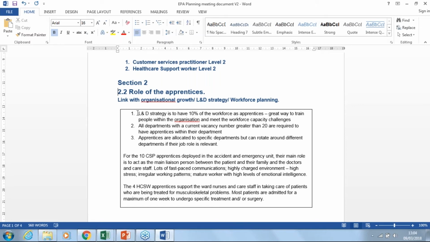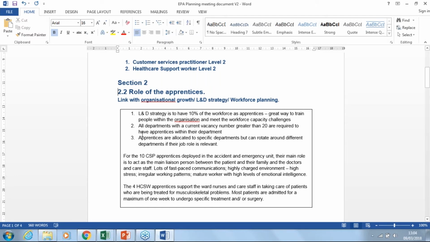For this particular example, we've got 10 customer services apprentices, and we've got 4 healthcare social work apprentices. So we will ask questions around where they're deployed. The employer provider has mentioned that the 10 customer services apprentices are deployed within the accident and emergency unit, and their main role being the liaison person between the patient and the family and the doctors and the